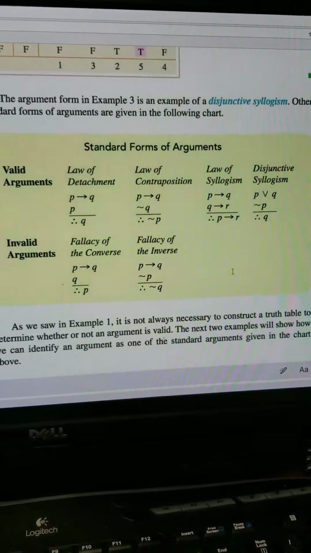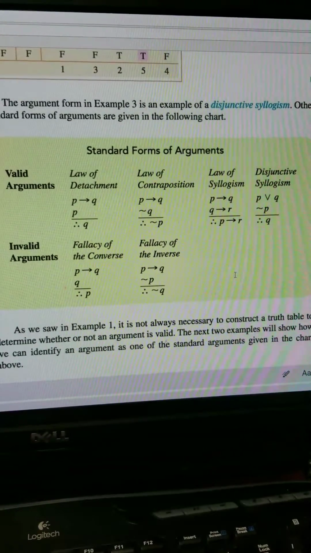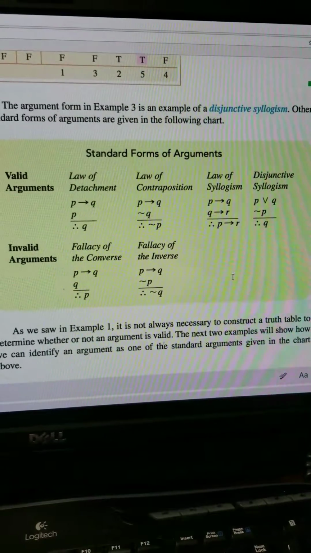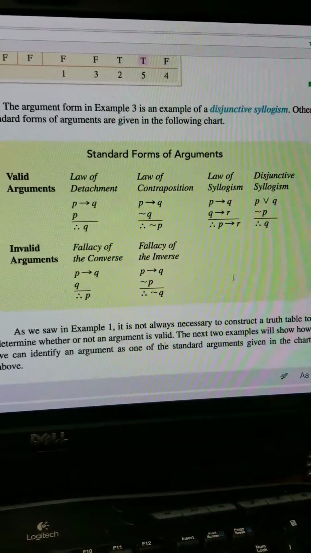Law of contrapositive. I believe it was in 3.4 that we learned the contrapositive is also equivalent to the original. The contrapositive is when we switch the order, meaning the